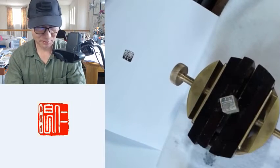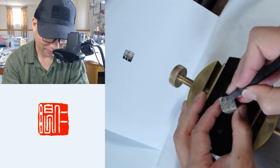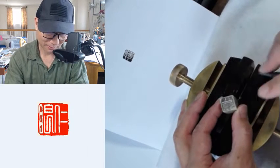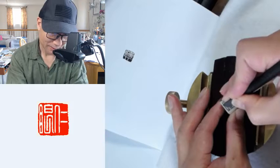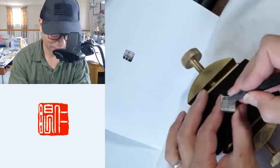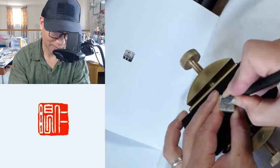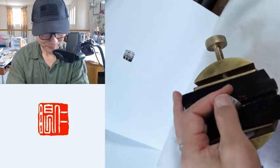The reason I turn this is to have two cuts on each side of the stroke, so it would be smooth. Otherwise, one side is rough and one side is smooth. Sometimes we have that preference as a special style, but if you want a smooth cut on both sides, you have to change the stone. That's why we use this tool. Rotating the stone. Okay,